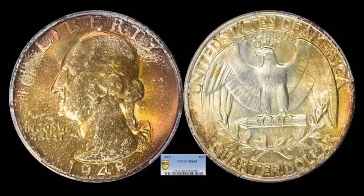And then finally, of course, original toning is going to complete and round off this week's edition of the Monday Market Report. How about 1948? Again, not the most difficult of coin dates to look for within the Washington series. This one, of course, is a PCGS Mid-State 68. This is going to be a supreme upgrade in a registry set. And this one ended up selling for